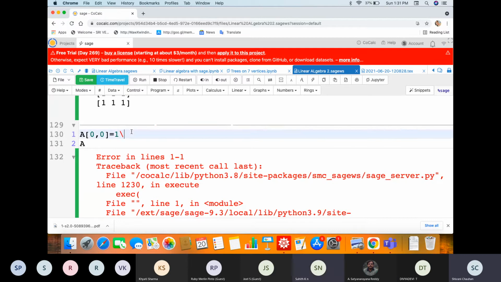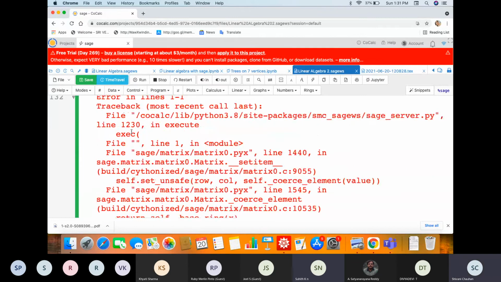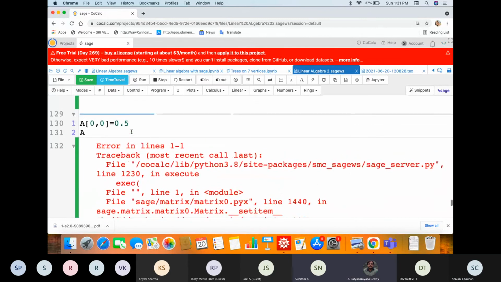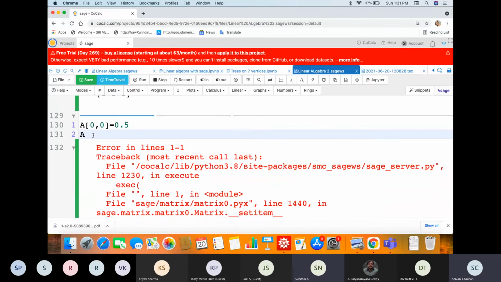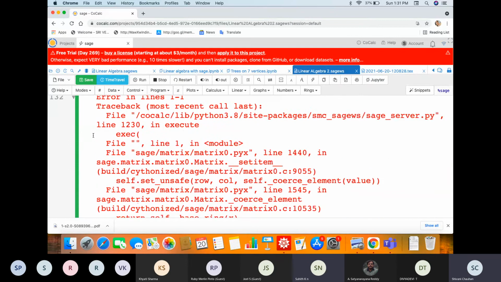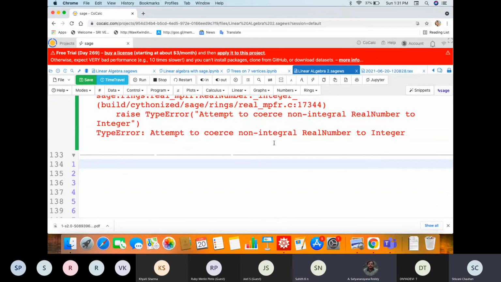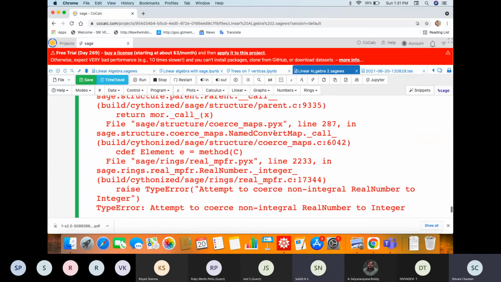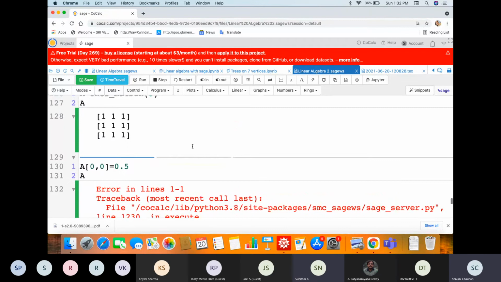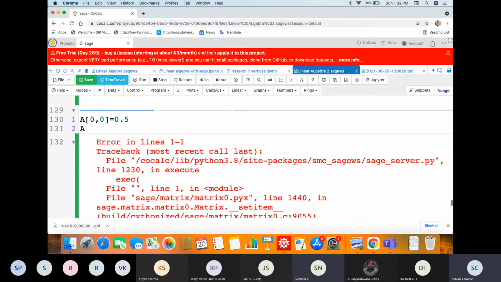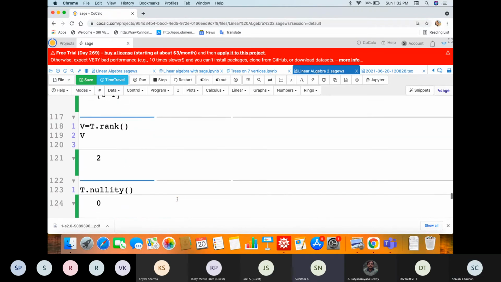Can you give 0.5 there? Because we are working in Q, that's why it creates a problem. Non-integral real number to integer. Okay. Can you see what is the matrix? I think once matrix, which field we don't know.